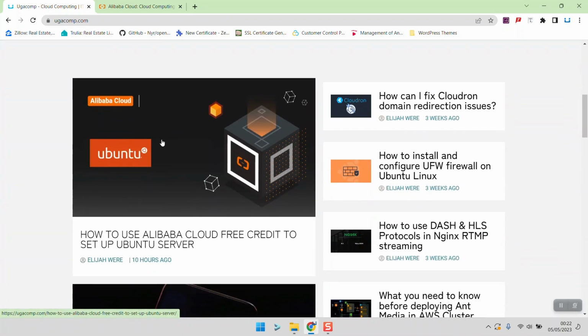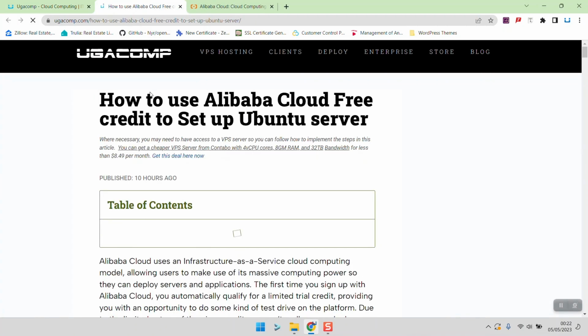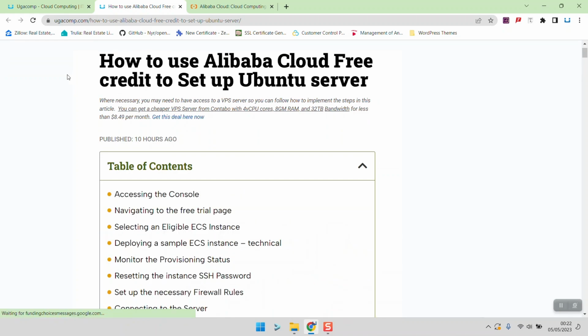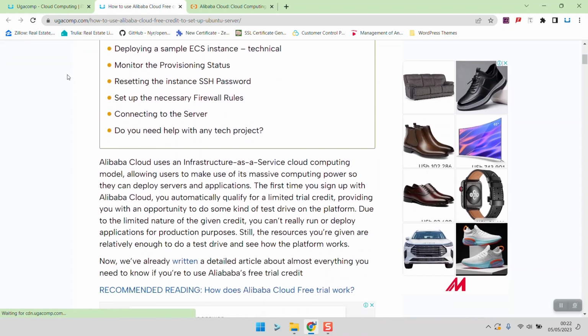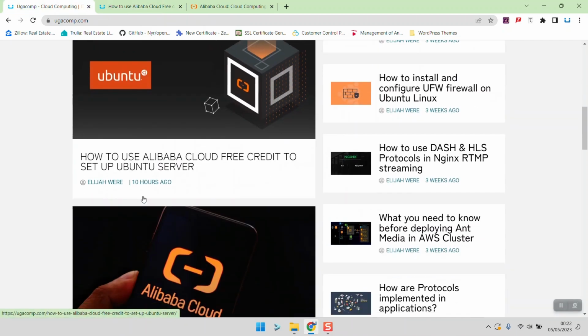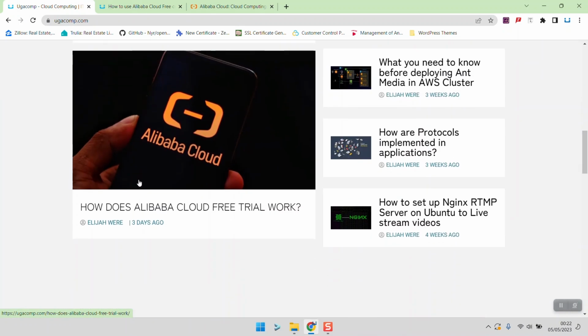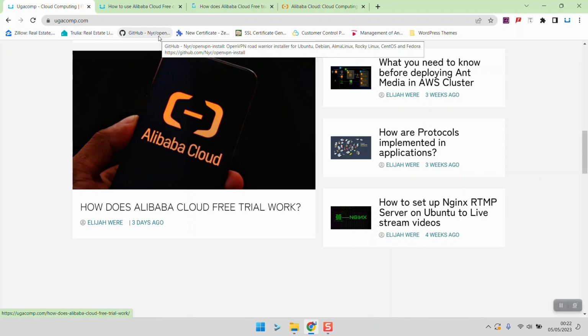I have two articles here. There is one that talks about the process of deploying a server on Alibaba Cloud while using the free credit on your account. And I have another article that specifically talks about everything you need to know about the Alibaba Cloud free